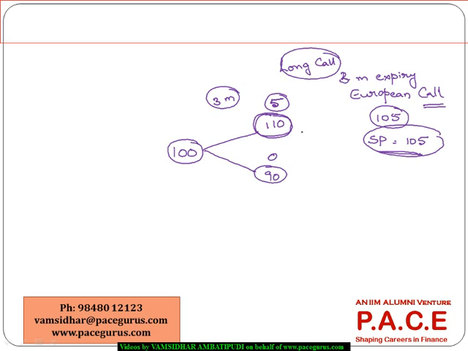These are the two possible movements of the stock price, and these are the possible payoffs from the option. And we are making another assumption here. When I am going with a no arbitrage argument, I am assuming that arbitrage opportunities do not exist. And under that,